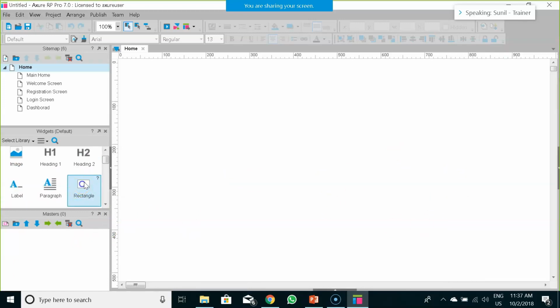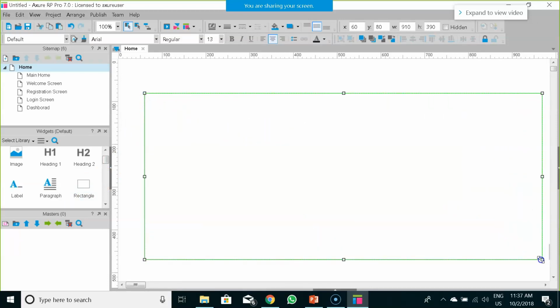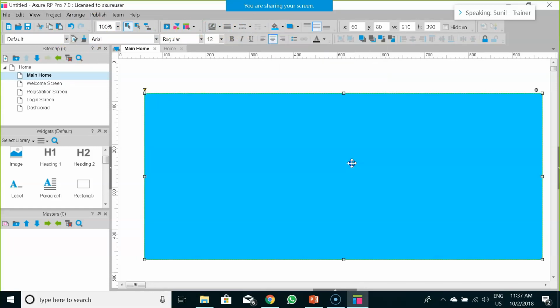So we would first take a rectangle. We would color that particular rectangle, give a background color to it. Let's say I give it blue color. I'll put some shadow effect to it.